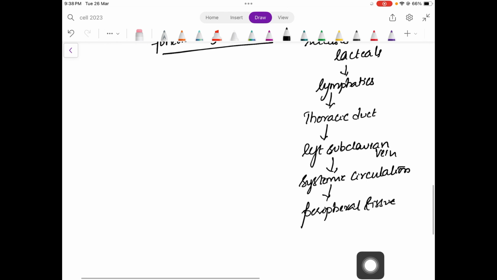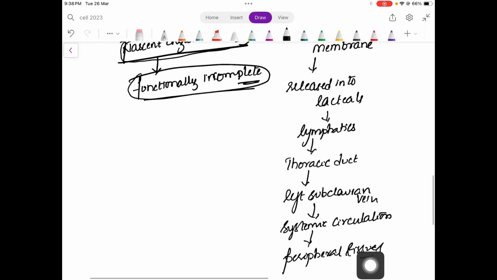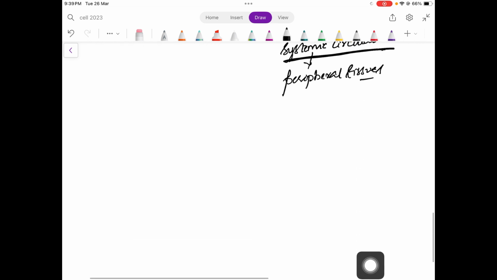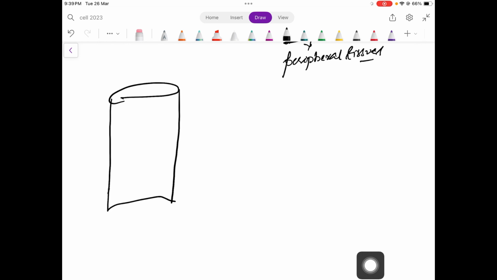Now we have said that the chylomicron which is released from the intestine is a nascent chylomicron, and this nascent chylomicron is functionally incomplete. Whenever this nascent chylomicron reaches the systemic circulation, it is modified and becomes fully functional. They gain the function whenever they reach the systemic circulation. So what will happen here? This is an intestine. In the intestine,